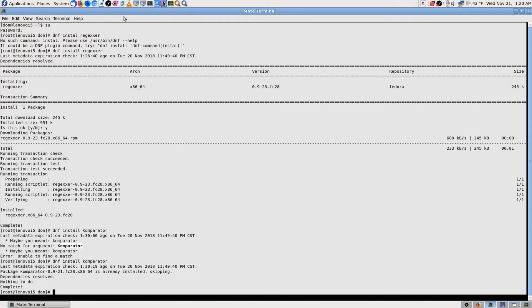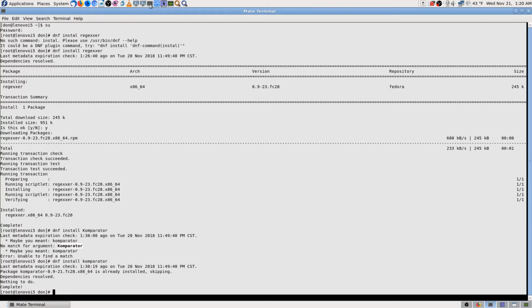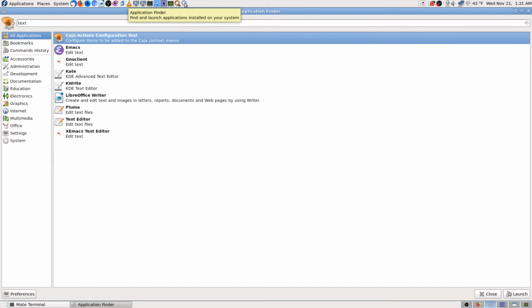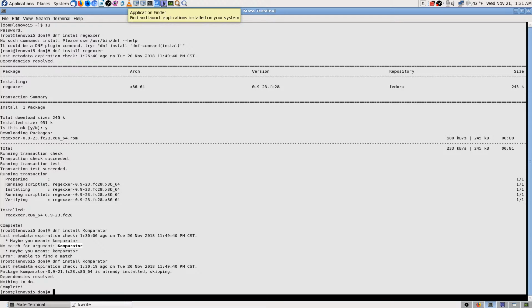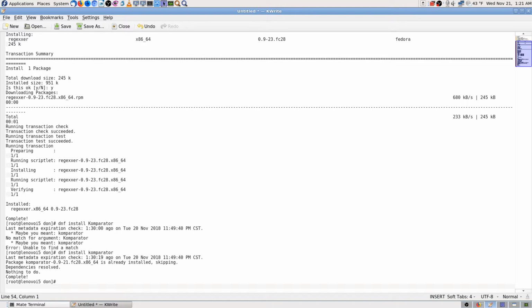Now I'd like to do another text file. I think I can do it from there. No, this is a terminal window. I don't have any text editors open, do I? Guess I could. They use fewer resources than LibreOffice, which I usually just use. Oh, I know what I can do. I can open up my favorite, KWrite. It actually seems to be heavier on the resource usage than some of the others, but